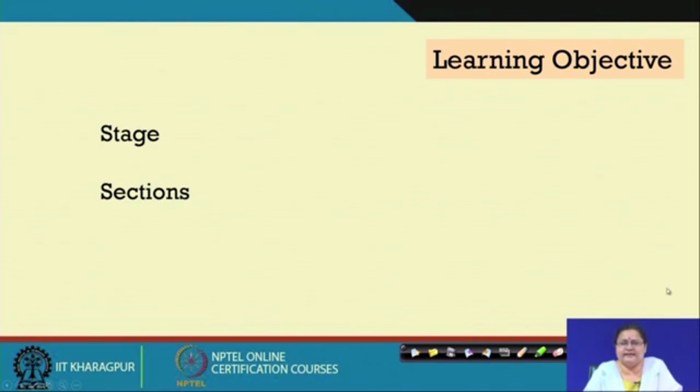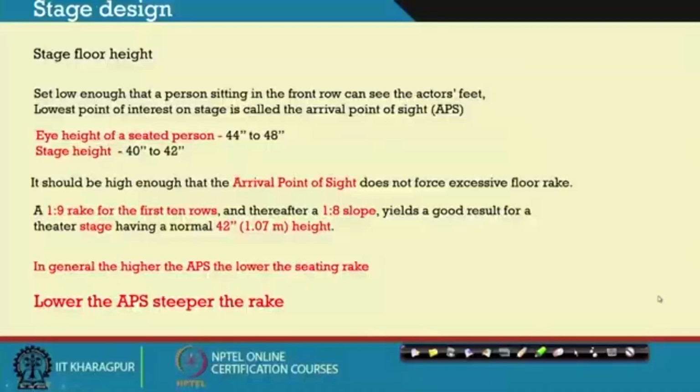The stage is the place where the performance is happening, and we have already discussed during classroom that if the capacity is beyond 50, we need to raise the stage, and gradually we saw that it should make an angle of around 5 to 7 degrees with the back seat. All these dimensions are already discussed and you can revisit those classroom slides. So, coming to the stage floor height,